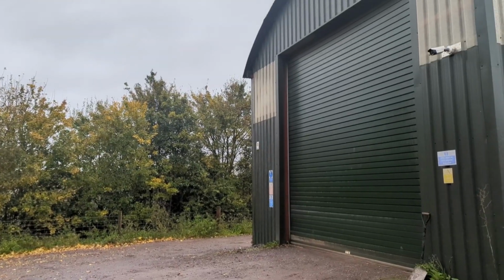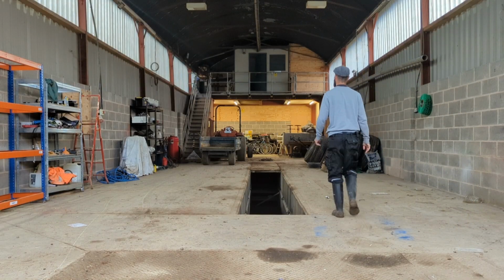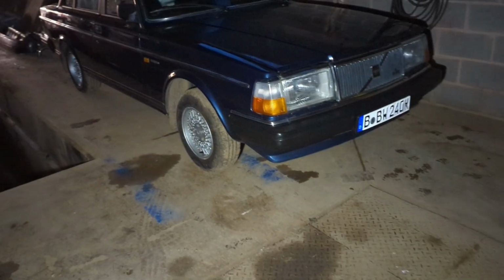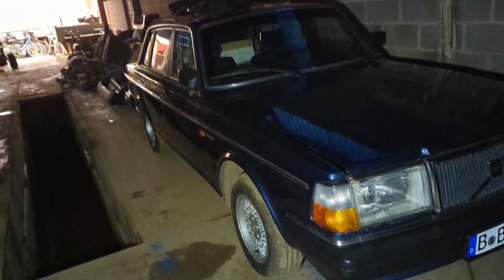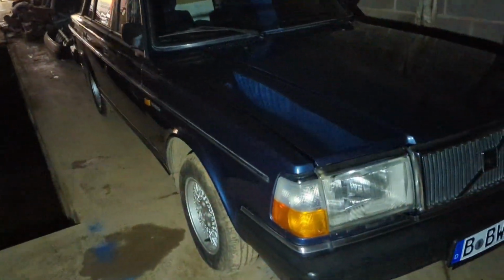This is the workshop that I recently started renting. I made a discovery after the last video on it, where it turns out it's not quite as watertight as I'd have hoped. So I put my Volvo 240 in this lovely big barn thinking it'll be nice and dry in here. And in actual fact,